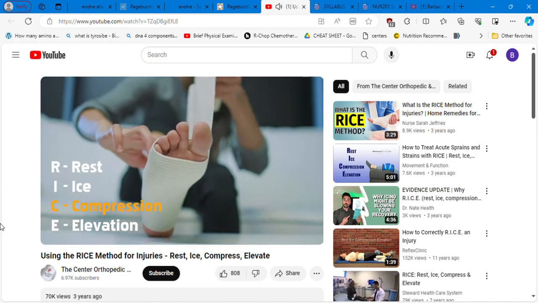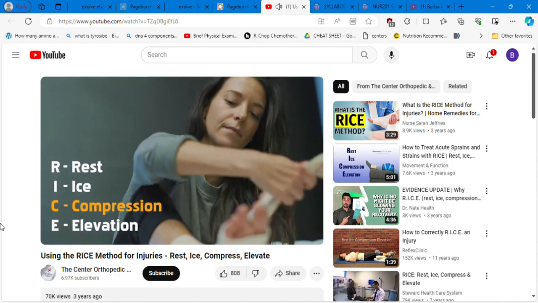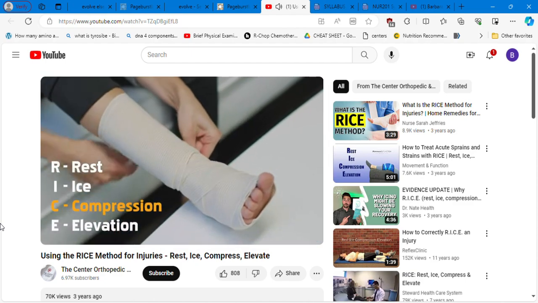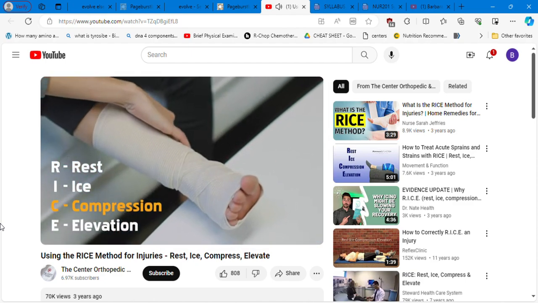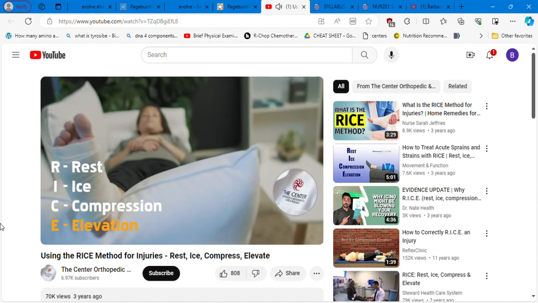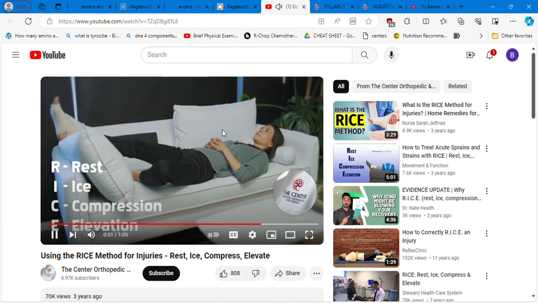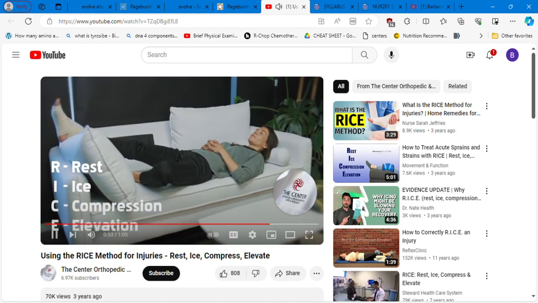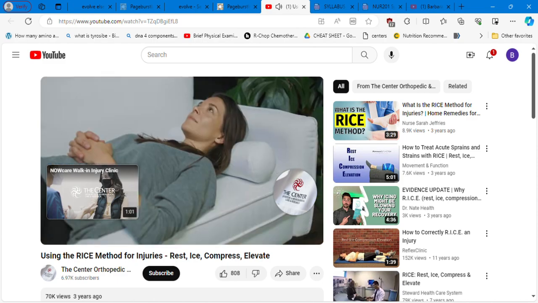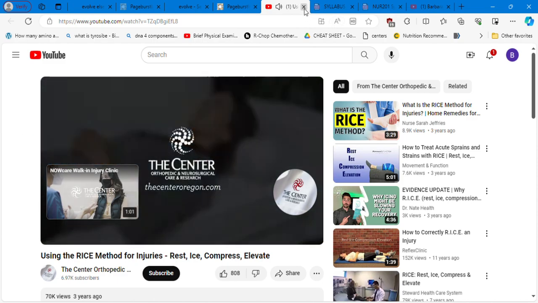Wrap the injured body part firmly with an elasticized bandage, compression sleeve, or cloth. This will help speed up healing time by reducing swelling around the injury. Elevate the injured body part above the level of your heart to decrease swelling and joint pain. As with any injury, if it does not start responding within a day or two, or you suspect there may be a more serious injury, seek medical attention.